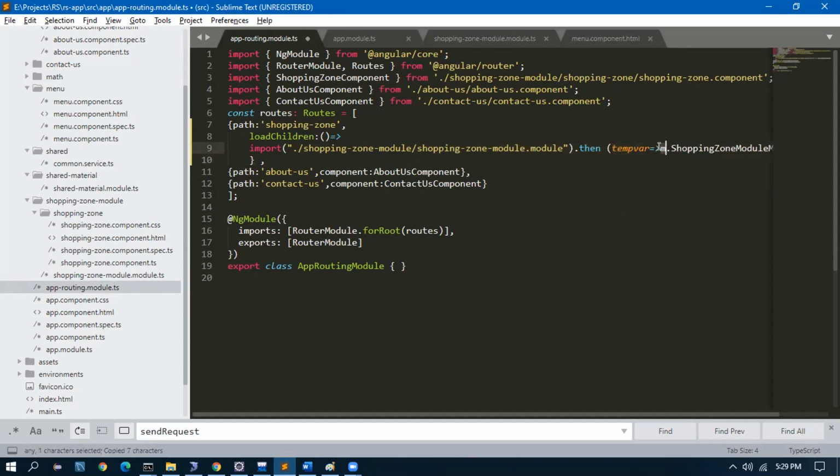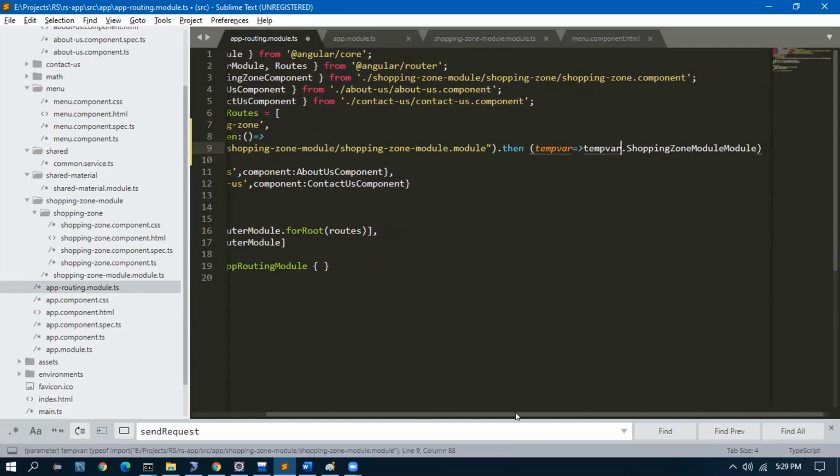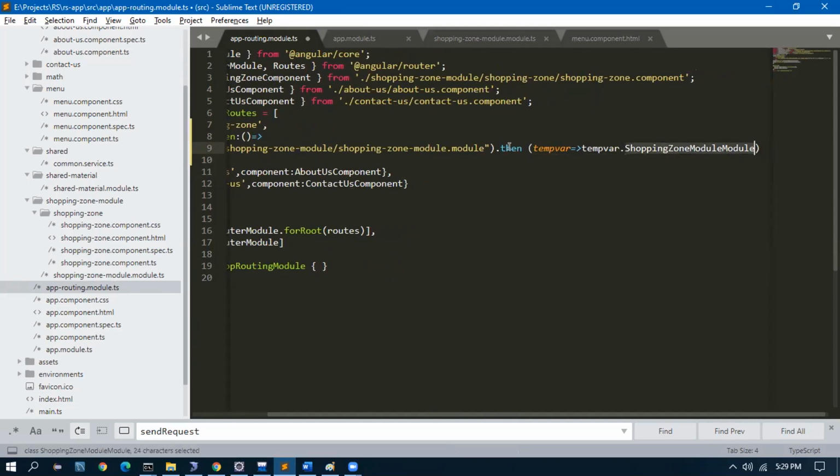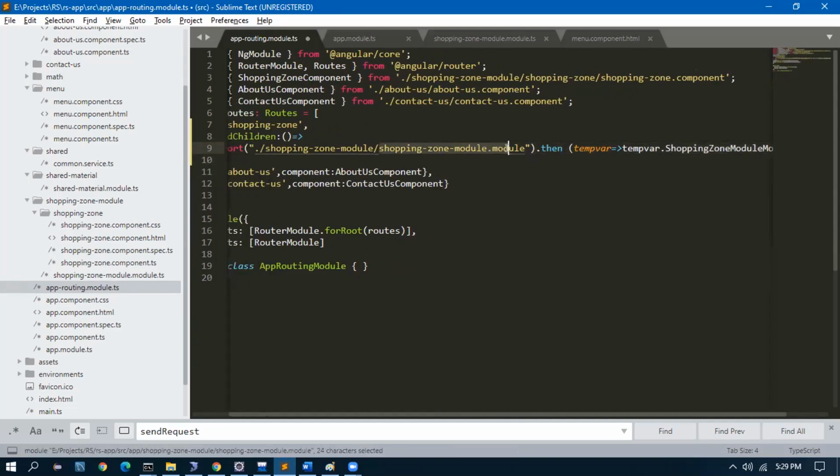The temp variable dot the module name, this is the module shopping zone. This is the file, this is the path where it is, the file inside this folder, and the class name inside this file. These are all syntax.